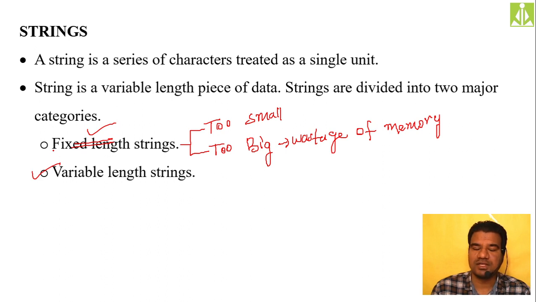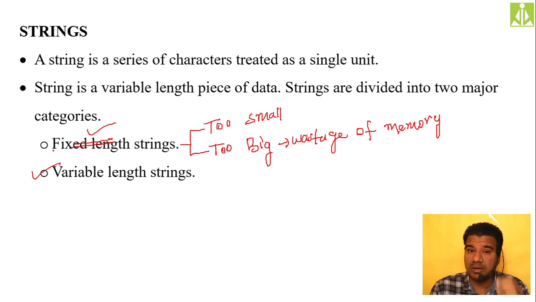And if you fix the size as 10 characters, then the compiler will know that after reading 10 characters it has to stop its reading process. Like that, there is no issue in case of fixed length strings, as long as reading is concerned. But there are other issues. That's the reason why we are moving towards variable length strings.